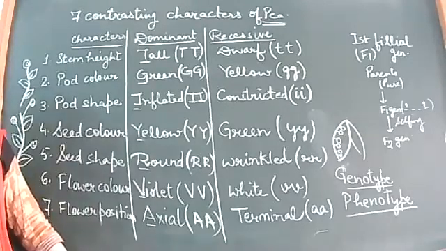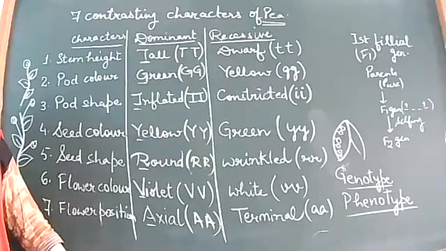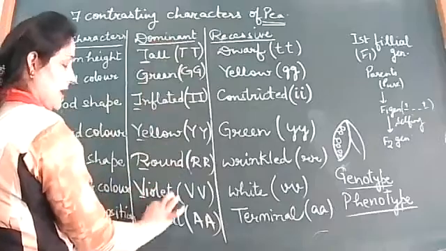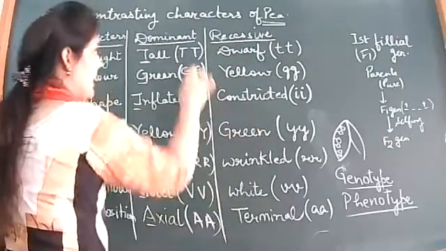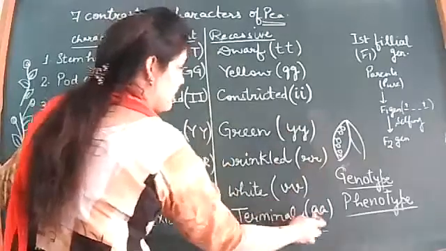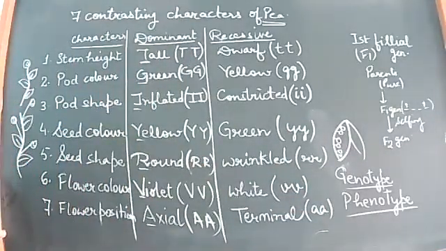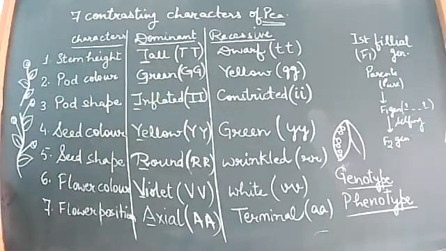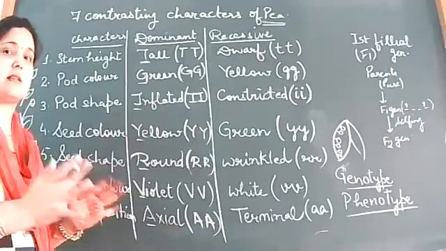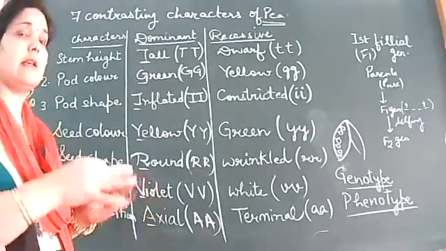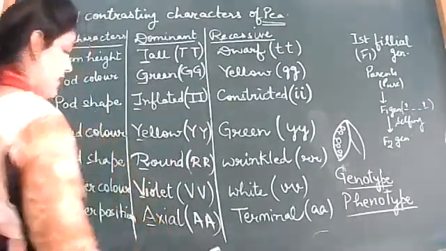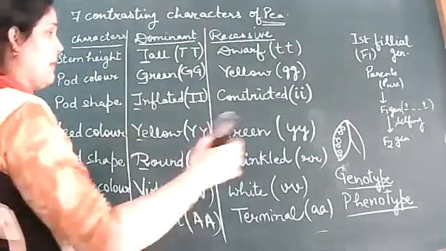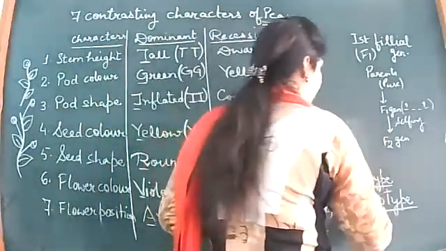Genotype is always for genetic expression, and phenotype is always for the physical feature, how it looks. So these are all the phenotypes, and these in brackets are the genotypes, right? Clear? So accordingly, we'll be using these features, the genotype and the phenotype, in the further process as the results of Mendel, who concluded all the results in the form of his laws of inheritance. So using these characteristics only, we'll be proceeding further. Those are the conclusions made by Mendel.